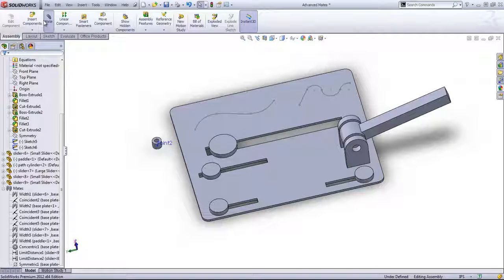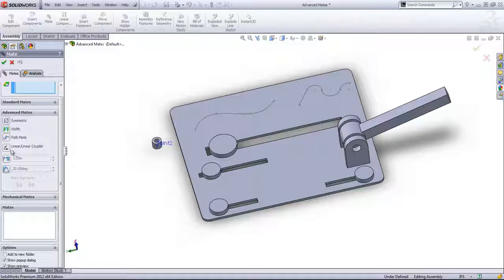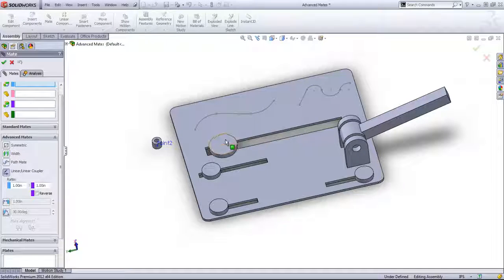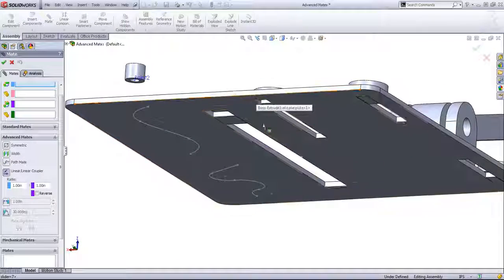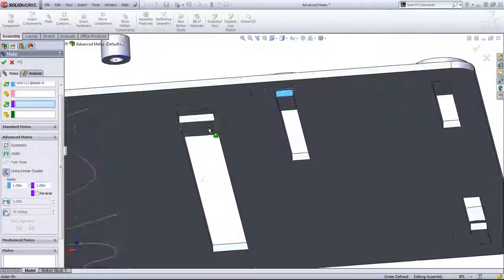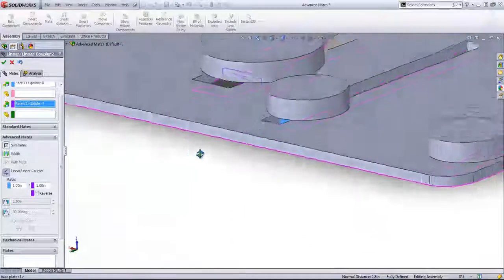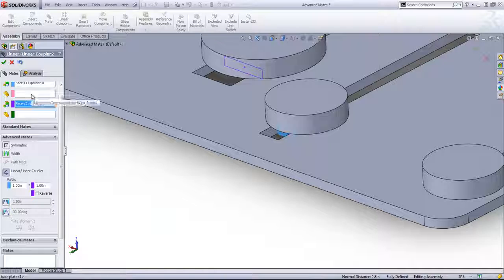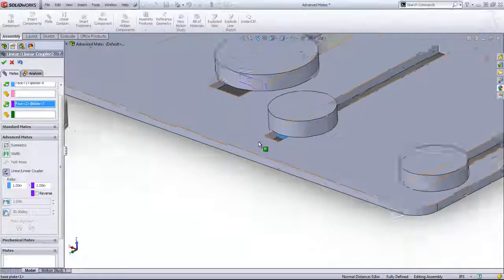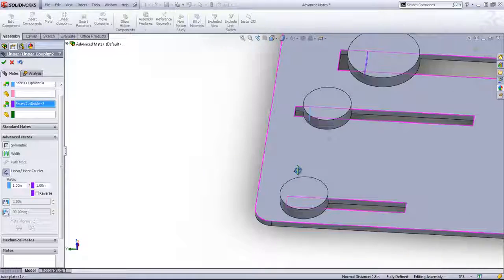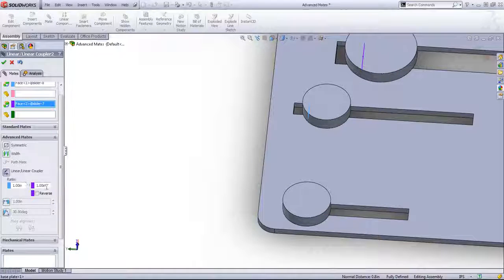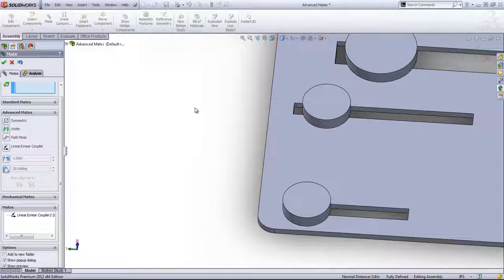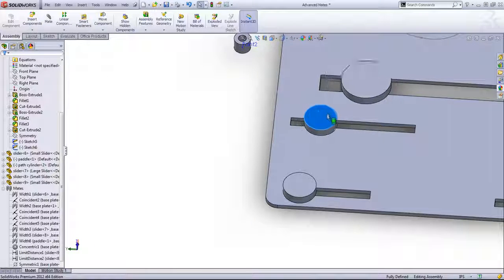Our next mate type is the linear coupler. This will allow us to select out two faces, for example, these flat faces. And we could also choose a reference component, but in this case, this won't be necessary. And then we can specify a relation of how they move. So for my purple selection, maybe I want it to move 2 inches for every 1 inch that I move that face. So if we click OK,